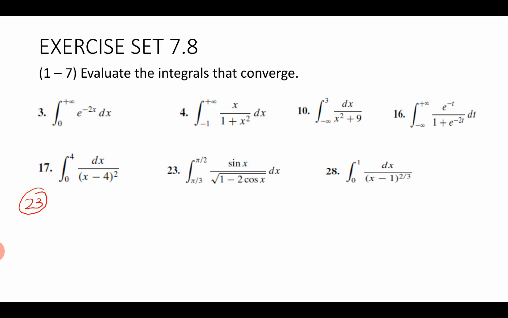You will get negative limit k approaches 4 from the left side. Upper limit is k. X should be replaced by k. So 1 over x minus 4 will be 1 over k minus 4, and minus 1 over x minus 4 will be 1 over 0 minus 4. This is what we get. Now substitute x goes to 4. So from the left limit, so roughly you can try this one. Limit k approaches 4.